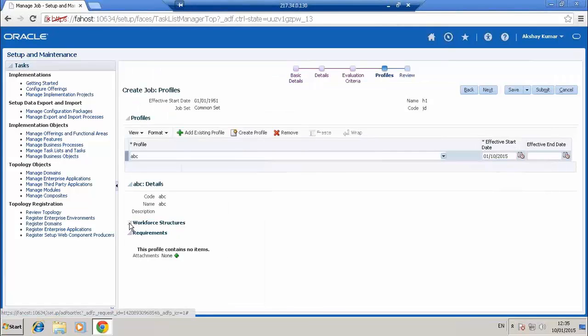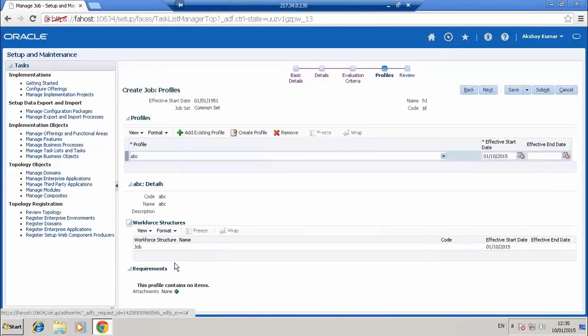These are the work structure details that are required, so you can just add the details here. If traveling is required for the job and so on, you have to go to the profile management. Under the profile option, remember manage profile types, where we select the person profile or job profile or position profile.